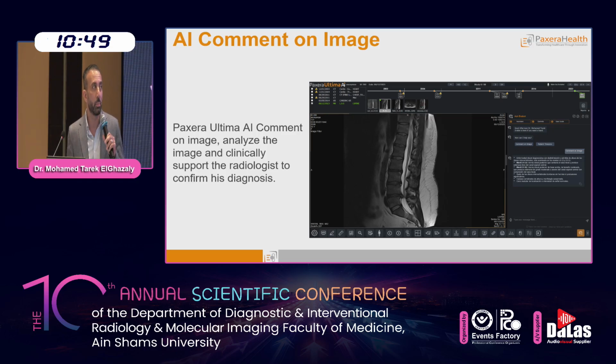If we look to the spine and look to the AI analysis, it takes all the abnormalities in the picture and gives them to you by one click, because the AI is checking this image and comparing it with its database and algorithms. I will not say it is the best or 100% perfect to diagnose, but it will help you to get any missing points you would miss in the picture.